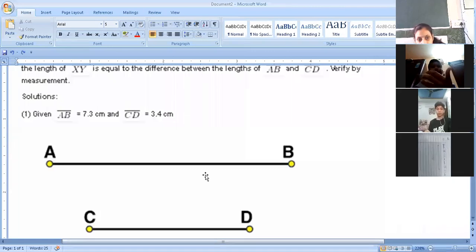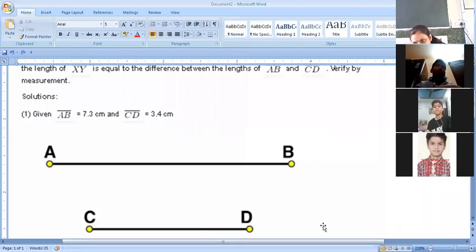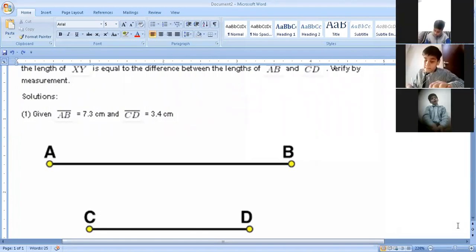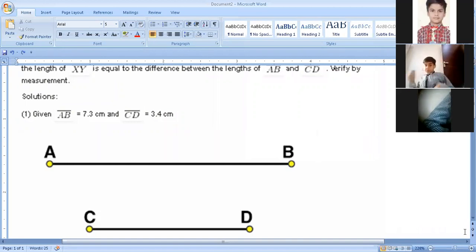Please mention 7.3 centimeter and 3.4 centimeter also. Draw these lines. Rian, have you done? Show me your line segments on your notebook. Draw it then. Take out your scale and start drawing the lines. Yes, right, Tanish.